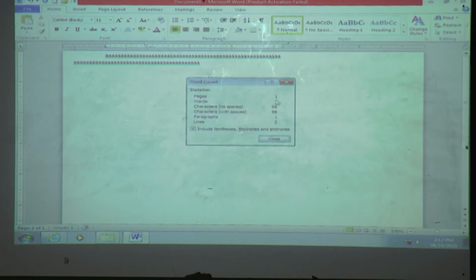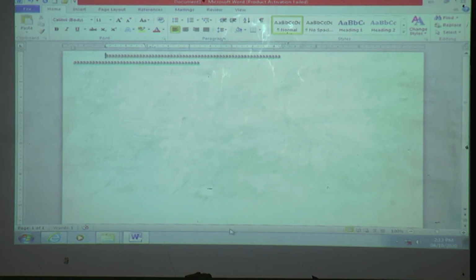See here: page, word, then characters, then characters with space, characters without space, then paragraph. How many paragraphs are there? Only one. And lines, how many lines? 2. All this information we can see in the status bar. Got it?